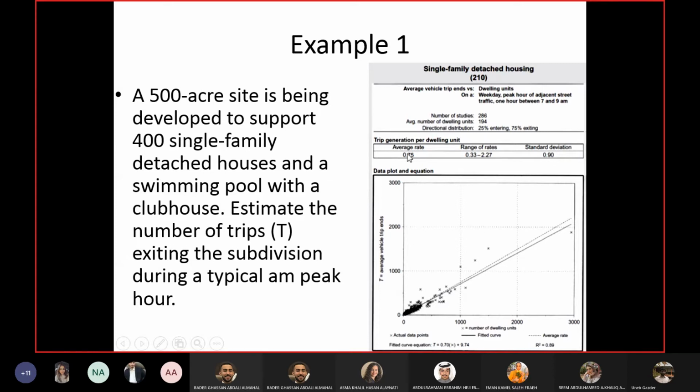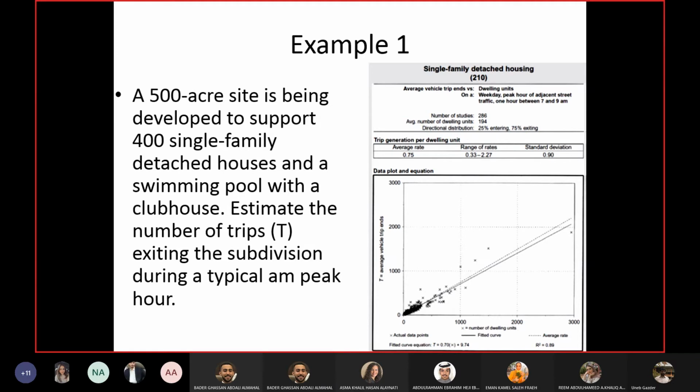Okay. Should be more. 1.1 times the average trip rate is 0.8 something. So the standard deviation should have been less than 0.825. The standard deviation should be less than 1.1 times the average value. So you take the average value, do 1.1 times of it. Whatever value you are getting, standard deviation should be less than that. If it is not less than that, you cannot use the average trip rate. Got it?